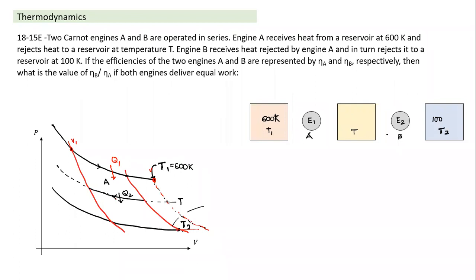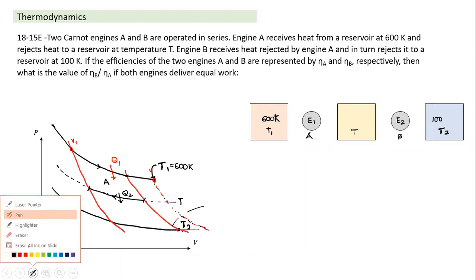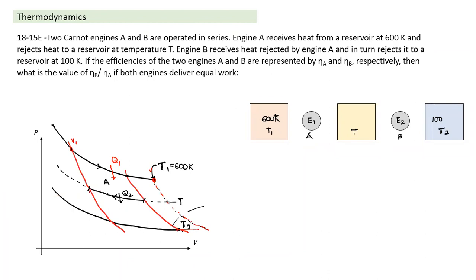Engine B operates between T and T2. And in most cases they say the heat rejected by the first engine becomes the heat received by the second engine. So for that to happen, the second engine also should operate between which two volumes? If we have the same number of moles, the first engine goes in one direction, and the second engine B will operate like this. So it will go from this point to